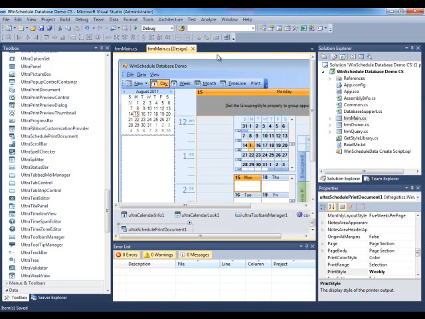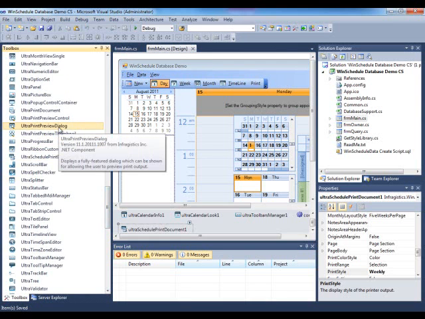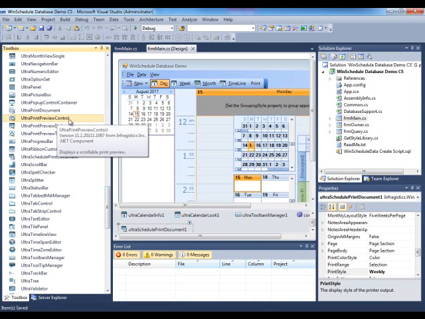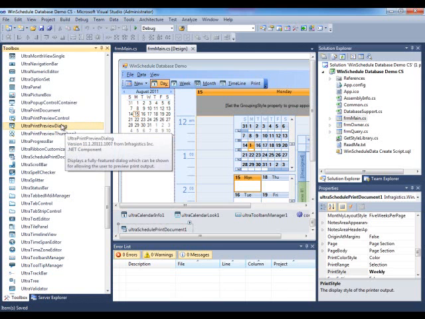Then what we need to do is display this in some kind of user interface, which luckily Infragistics also gives us print-based controls for, that give a preview of what you're going to print in any type of print document. We have a print preview control and a print preview thumbnail, which alone can be dumped on a form so that you can create your very own form that displays different print preview views. Or you can just go with this one right here, the Ultra Print Preview Dialog, which is what I'm going to use,